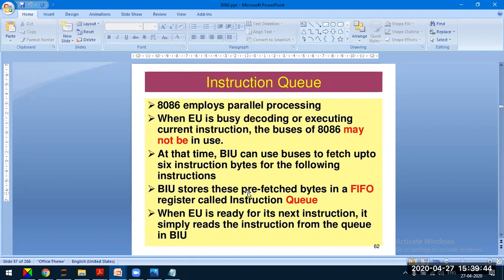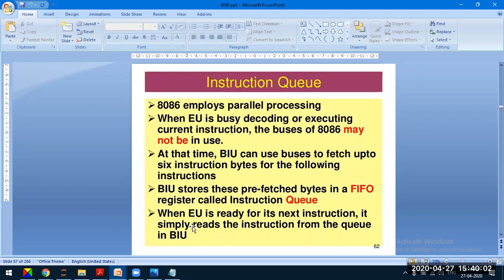The bus interface unit stores these prefetched bytes in a register called the instruction queue, in FIFO mode, first in first out. That is, the first instruction loaded into this queue will be the first executed by the execution unit.